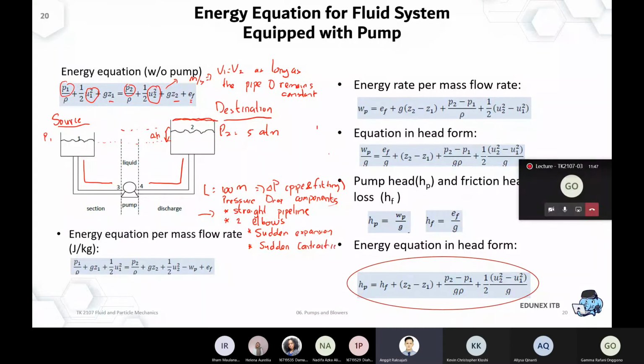So at this point, that will be the sudden contraction part, right? Because you can assume the diameter of the tank is very big, and when it has to enter the pipe at a small diameter, it results in a sudden contraction pressure drop. So let me just put sudden contraction, and in this part, that will be the sudden expansion. From a small pipeline diameter, it will burst into a very big tank, so it will result in a certain pressure drop. So don't forget about this component.